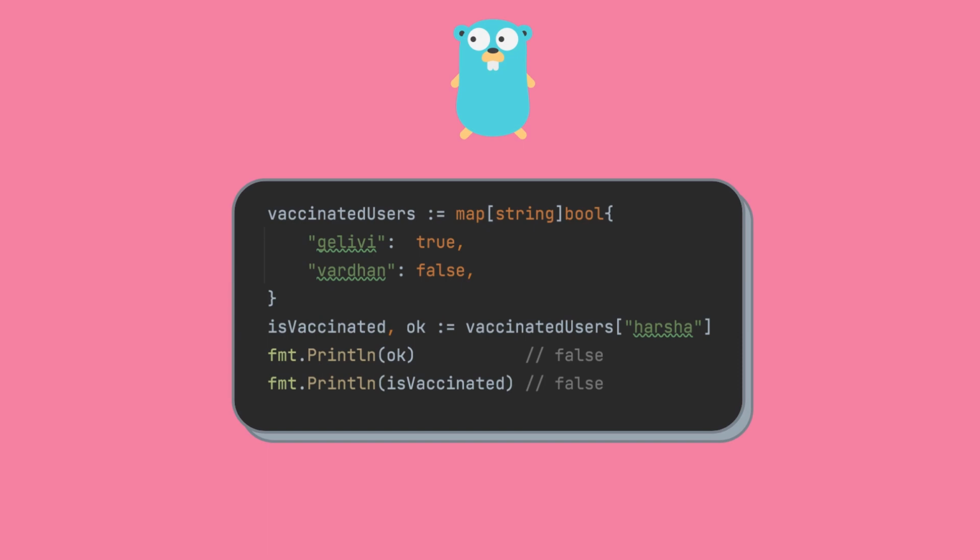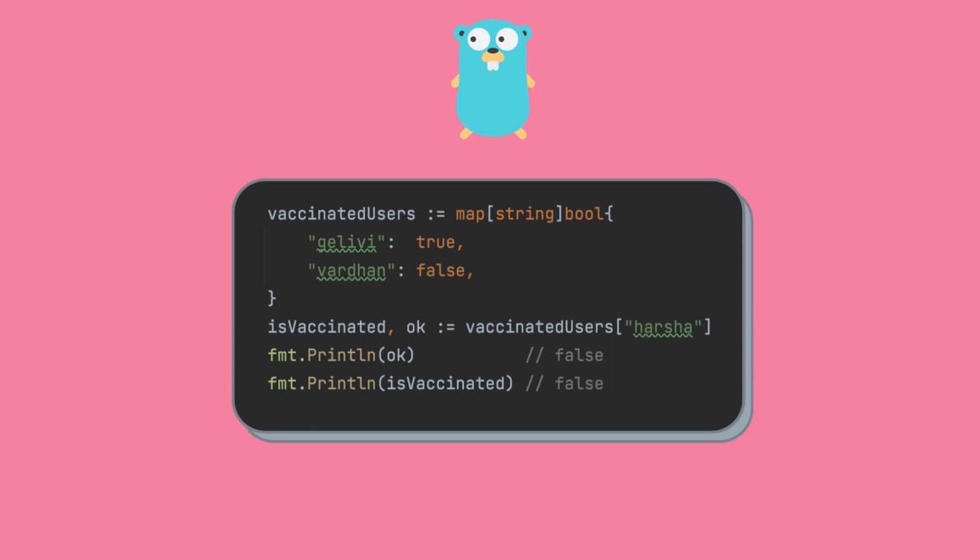Maps in Go also provide a way to check the presence of a key in a map. When we specify two variables on the left side of accessing a key in a map, like the second line in the snippet, the value of the second variable, which is ok, specifies whether the key exists or not. You might think that we can infer the same by comparing the returned value against the zero value of the value type, because Go returns the zero value of the value type when the key is absent. But that is not always possible, as we'll see.